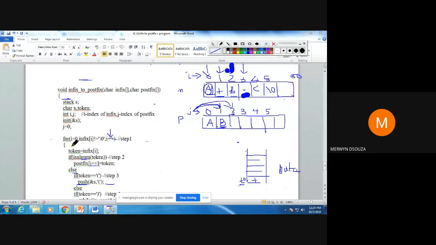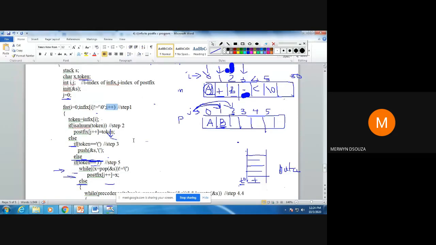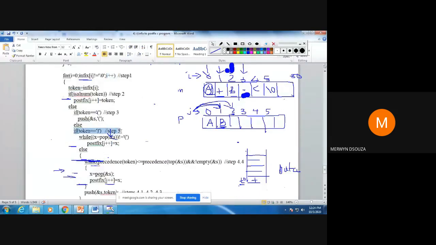So now your token will be minus. When you check whether it's an alphabet or a number, this will not be true. So you will go to the else part. You will check whether it's an opening parenthesis. No, minus is not an opening parenthesis. So you will go to the next line here. You will check whether it's a closing parenthesis. It's not a closing parenthesis. So you will go to this else.